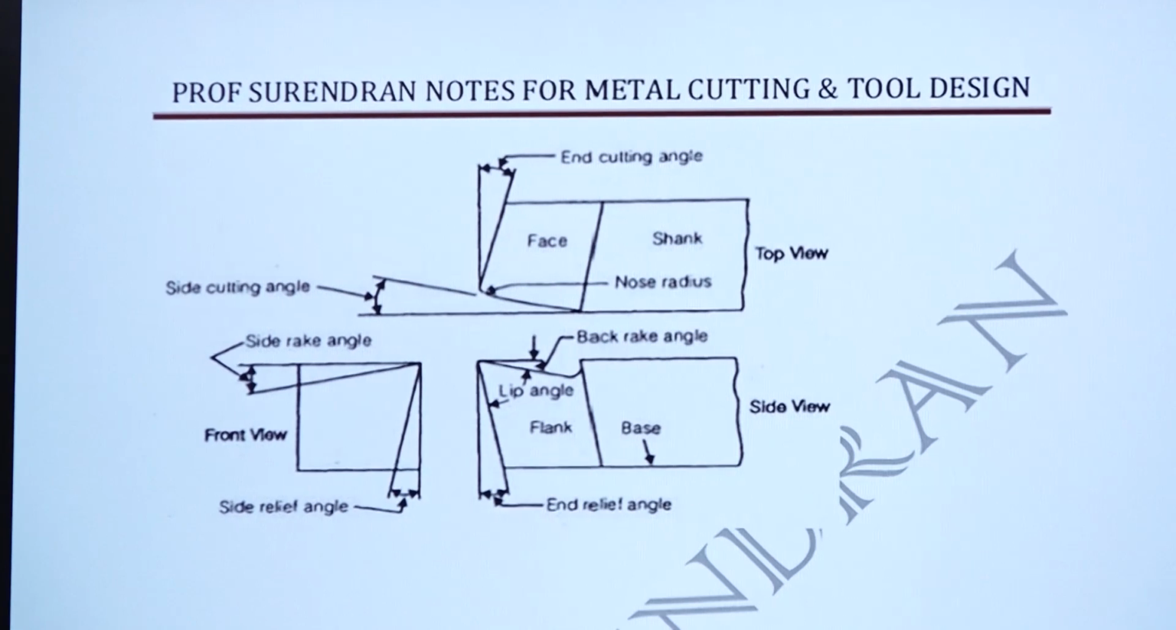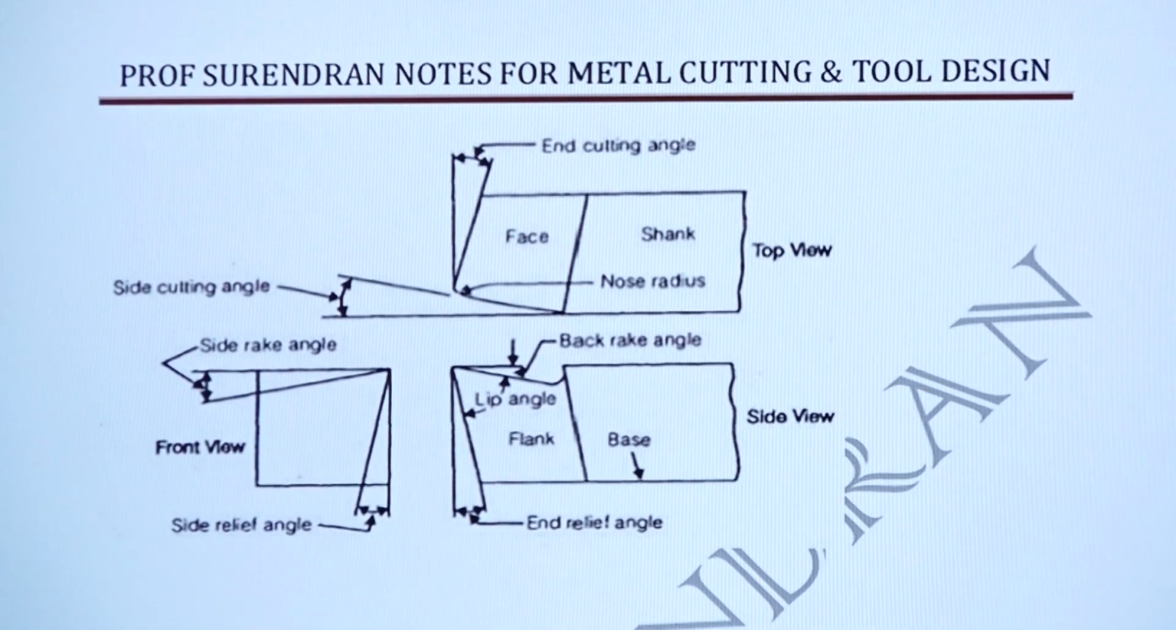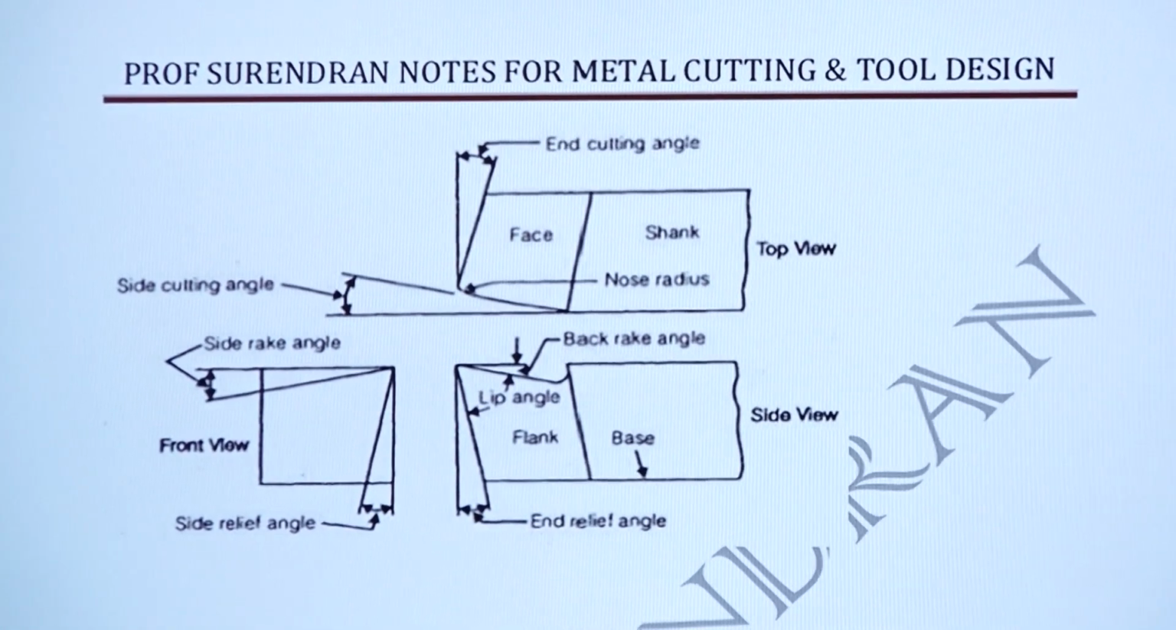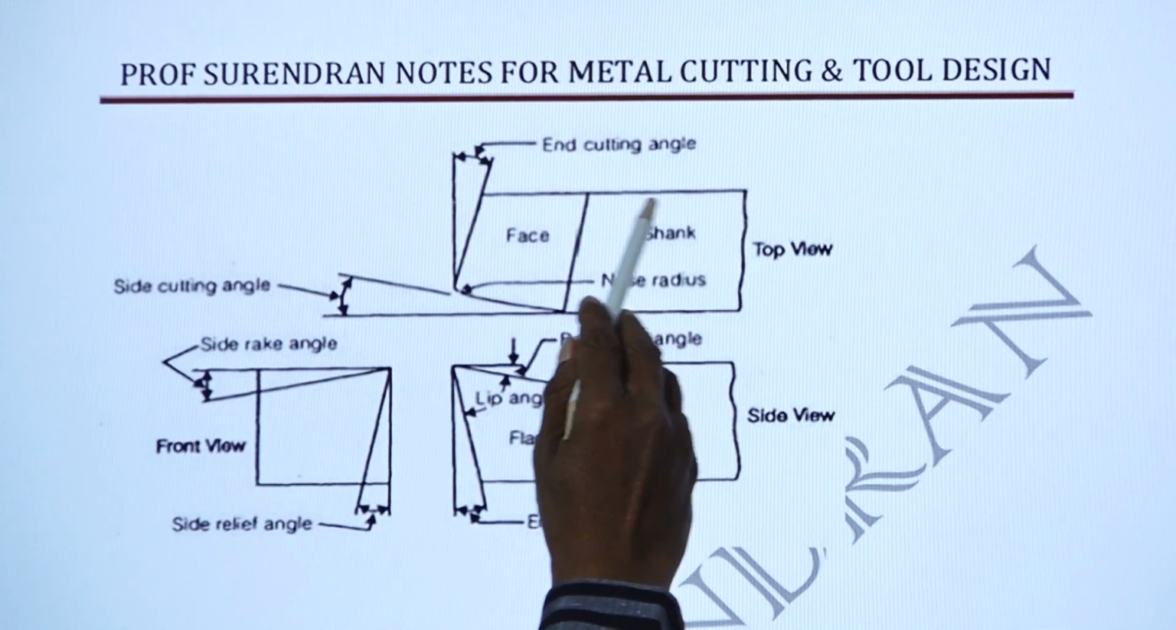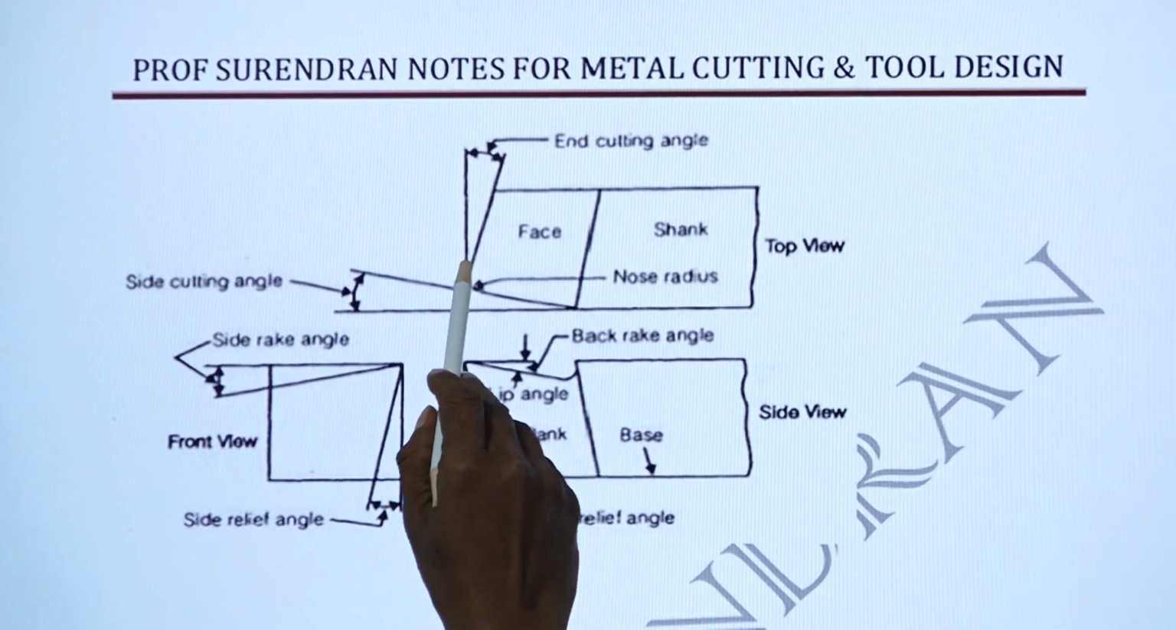I had gone to a DRDO interview. In that, the first question was: are you a production engineer? So please draw the single point cutting tool. You can observe here, this is the shank, this is the non-cutting portion, and this one is the nose